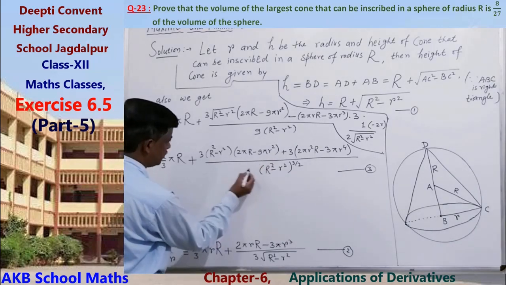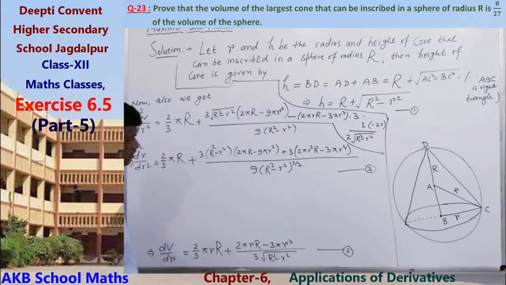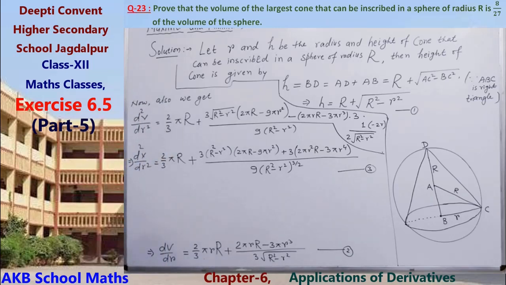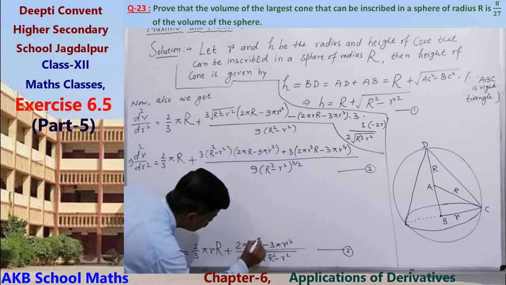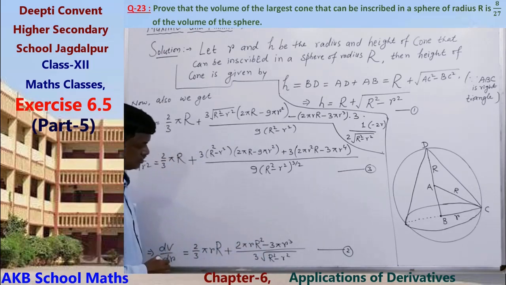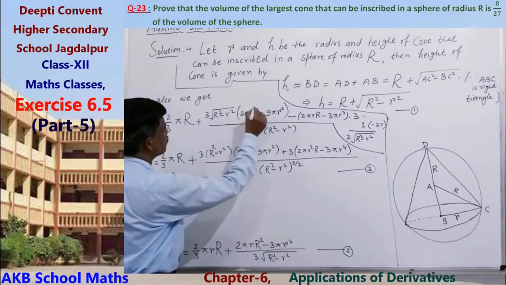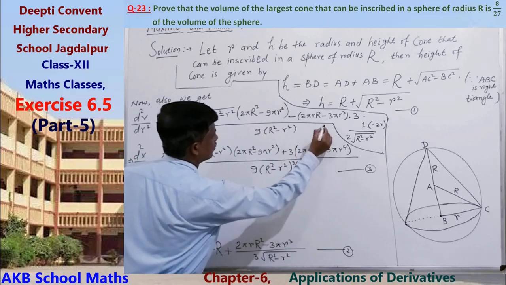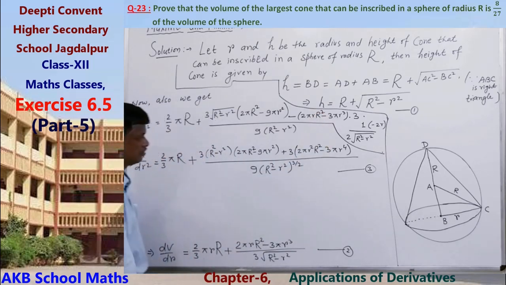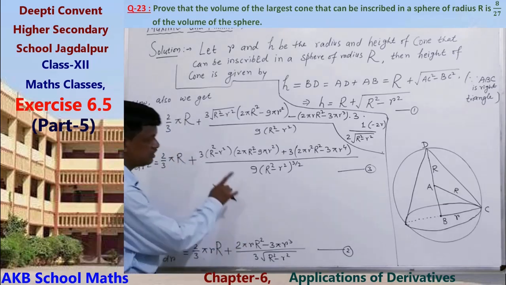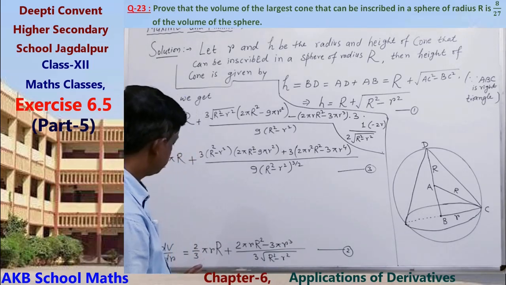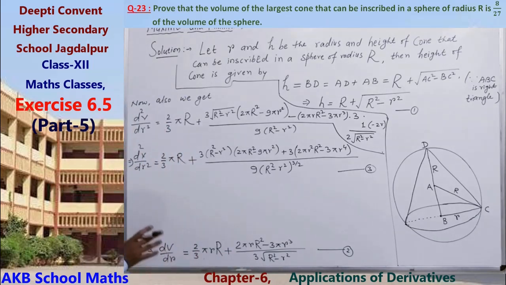This is the second derivative, and this is the first derivative. See here, that is square, that is square. This is the first derivative. This is the second derivative. Now, for the largest or maximum volume of the cone,